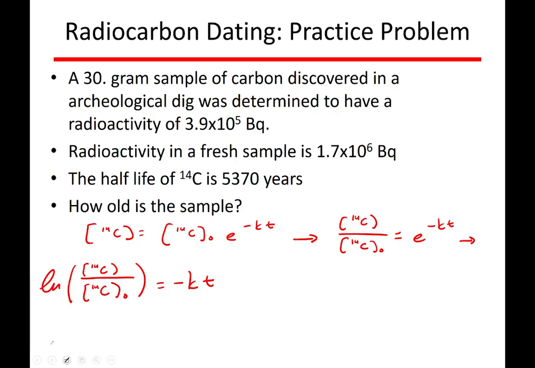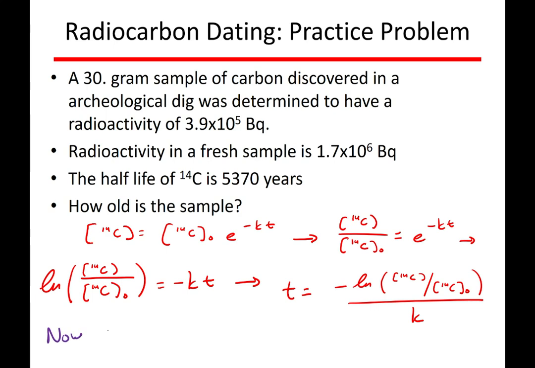The last thing that we have to do to isolate T is to divide both sides by negative K. That's going to give us that the age of the sample will be negative the natural log of the new amount of carbon-14 over the initial amount of carbon-14, divided by K. Now we need to know the value of K, because that's really the only thing that we're missing here. And so to find the value of K, we look for other information that's given to us in the problem, right? We recognize that we're given the half-life,